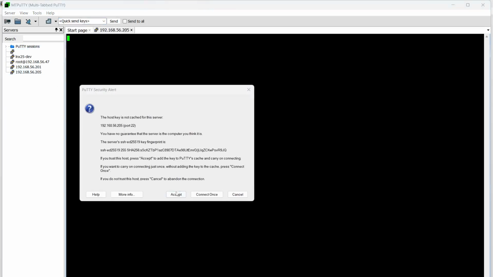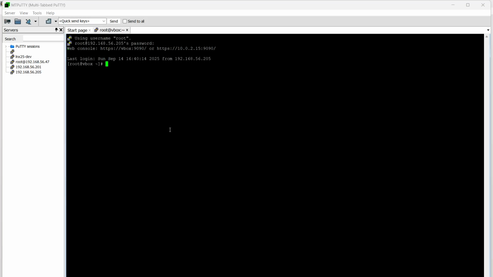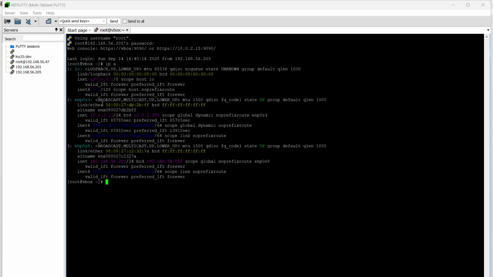Double click on this file. Now it should ask to accept. Now you are able to log into this machine. Okay, you can check the same IP address is assigned, and you can change the hostname with hostnamectl set-hostname, like Oracle Linux 10 VM1. Yeah, if you check the hostname, now you can see the same thing, and you can check the OS release file,